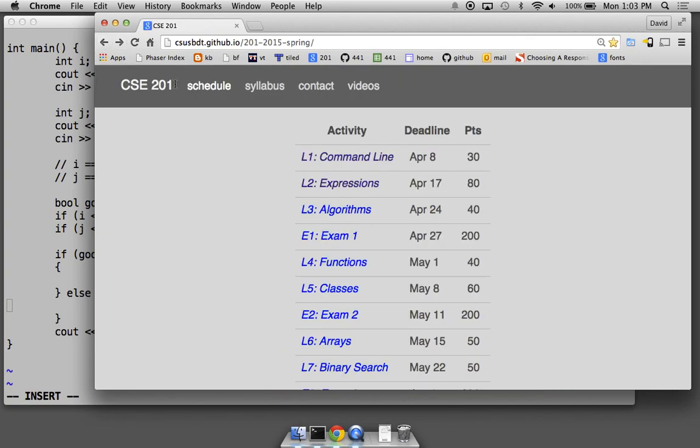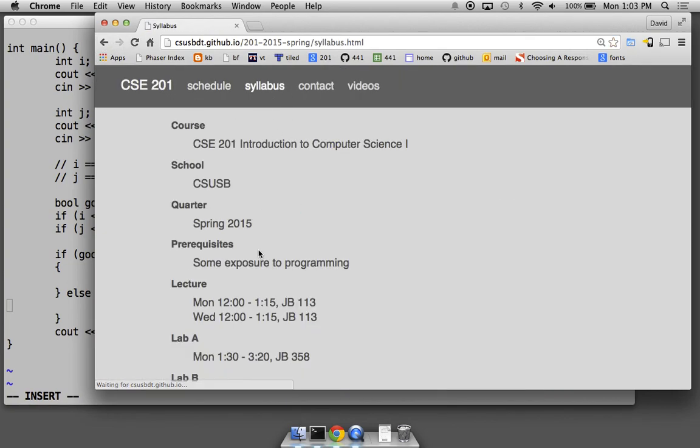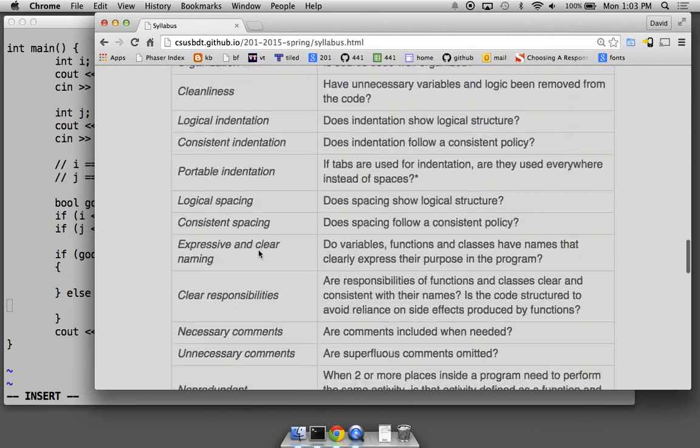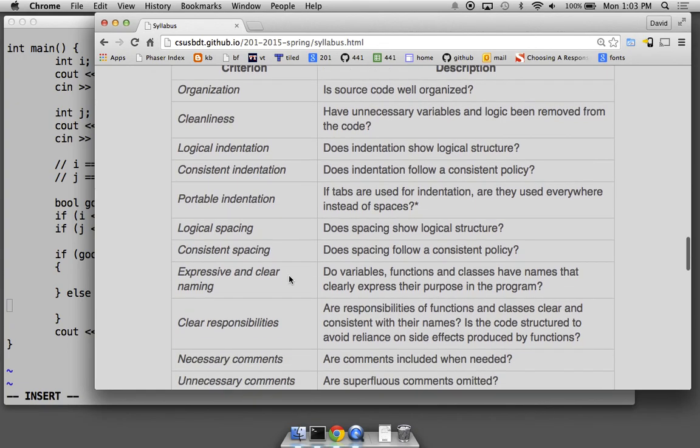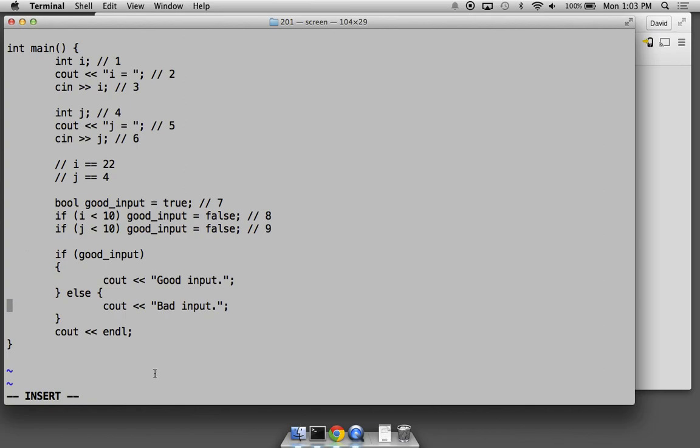And I'll show you this. In the syllabus, there is a list of readability criteria, and you need to adhere to these criteria when you write and submit code. Logical indentation, that's what we've been talking about. Consistent means whatever style you choose, you need to stick to a particular style. Like this is okay, but this would be okay. Well, it's not a mix, but if I did something like this,